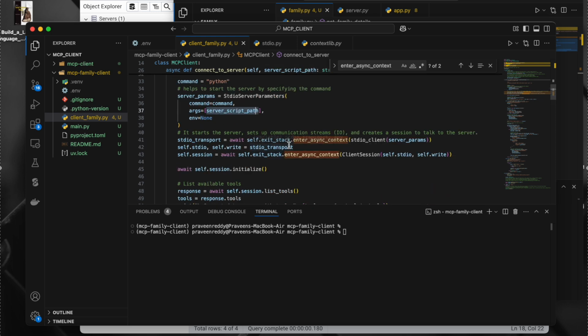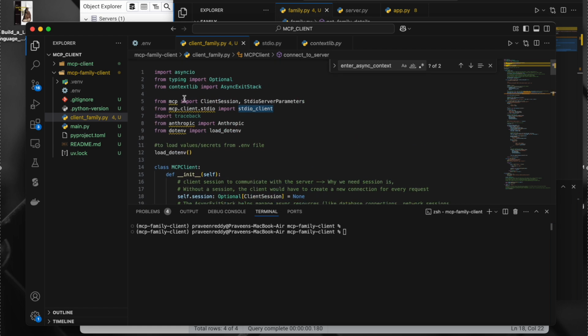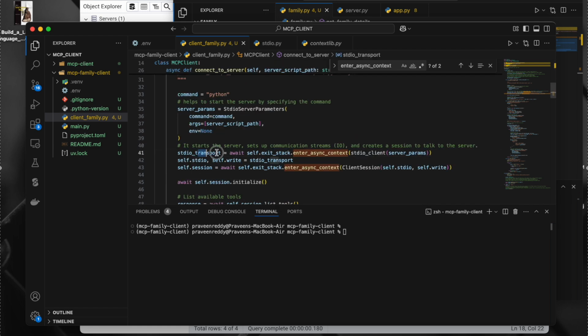Now we got this particular server parameters to connect to that server. Using those parameters, we use this stdio client from the MCP package. These three lines of code are used to start the server, set up the communication using input output, that's what we are doing, stdio, and then create the session. They start the server, communicate using the IO protocol, input output protocol, and then